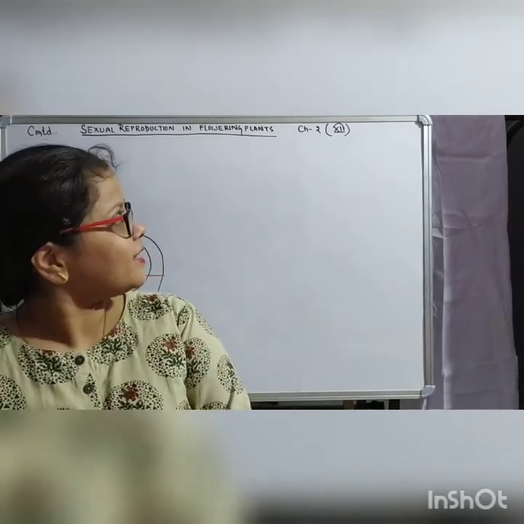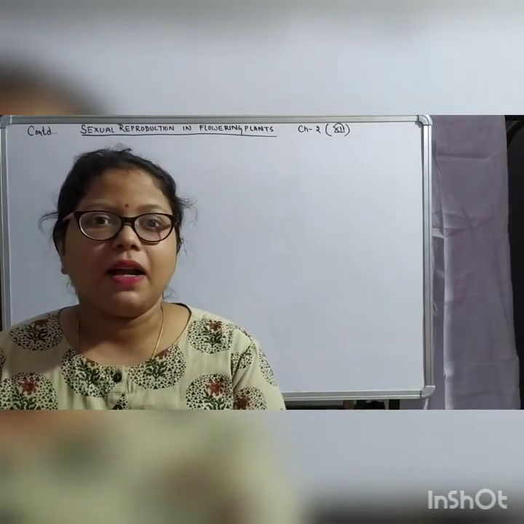So what's mentioned on the board? Let's see. It's the same topic, sexual reproduction in flowering plants, but this is part 5. We have completed part 4. Last class we talked about the structure of the pistil and we ended up with the anatropous ovule. For the last video you can just click on the i-card given on the right hand side of the YouTube channel. So let's go ahead.